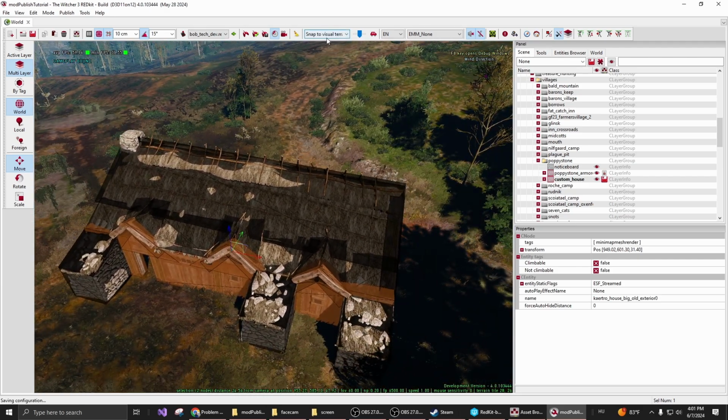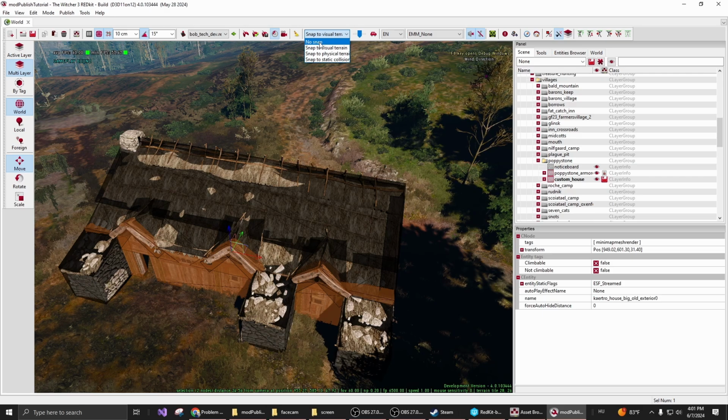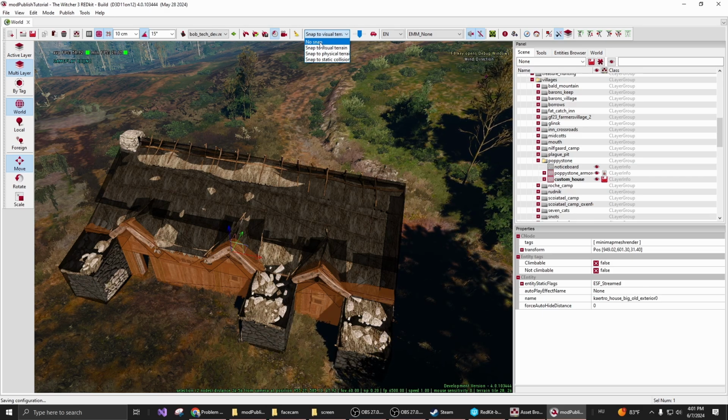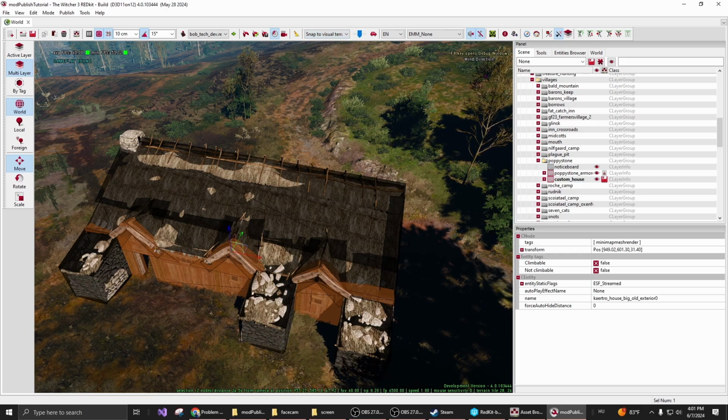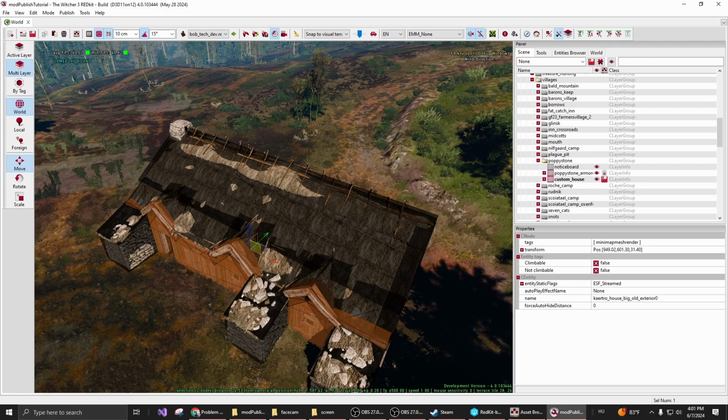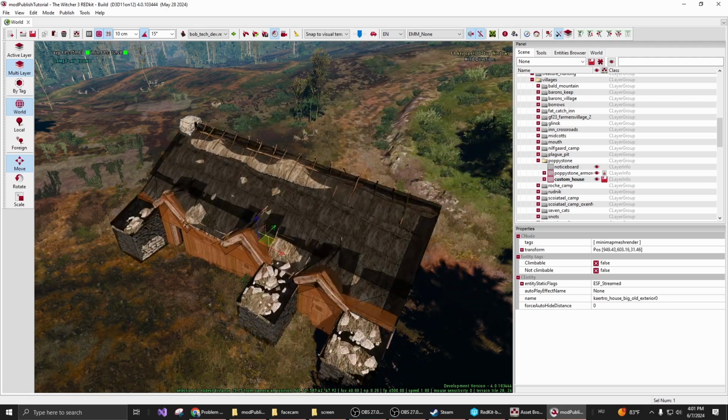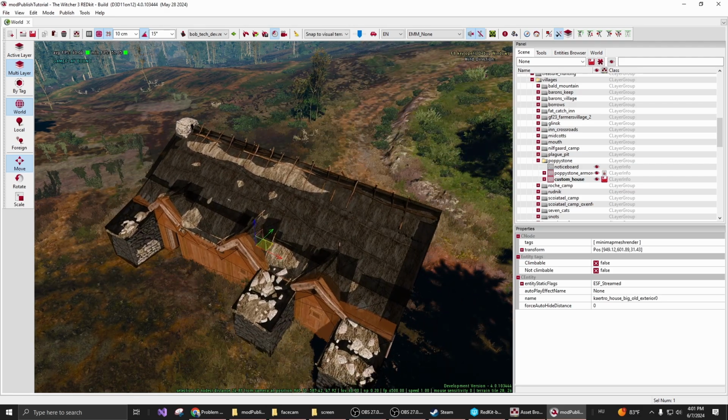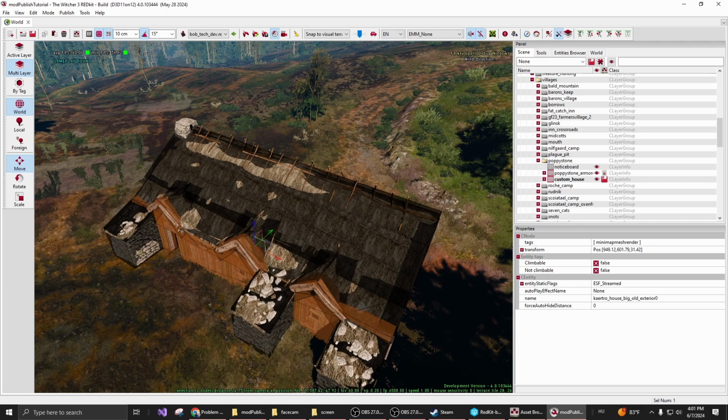The reason for that I'm using this main toolbar selection: if you're using no snap, then it's basically just going to ignore everything and follow the axis of the gizmo while dragging the entity. But you can use other options like snap to visual terrain, and that way you don't have to worry about changing the elevation of your entity so it would match the actual terrain. The other thing is that you can actually stack objects on top of each other